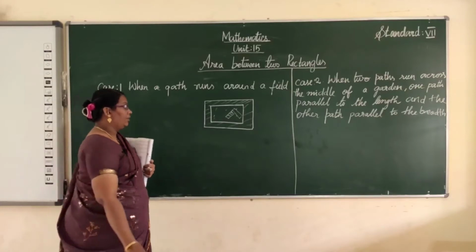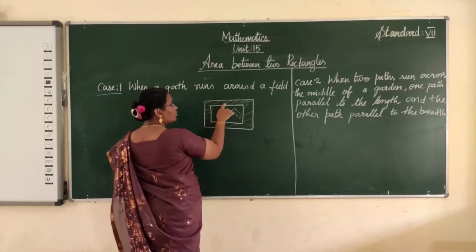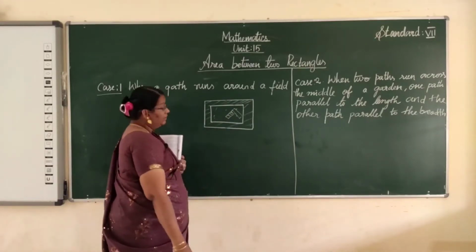It will be the area where we walk, okay? So how to find out the pathway between these two rectangular